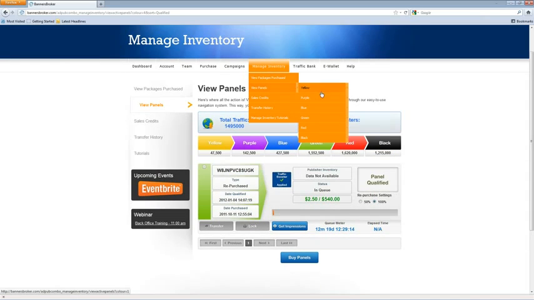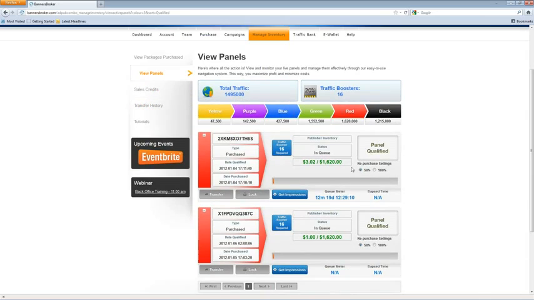I was showing someone, so let's try a red. So if I want to apply a traffic booster to this red, I need 16 traffic boosters. Now up here, it shows me how many traffic boosters I have, and I just happen to have 16 traffic boosters. So I have enough to apply a traffic booster to this.